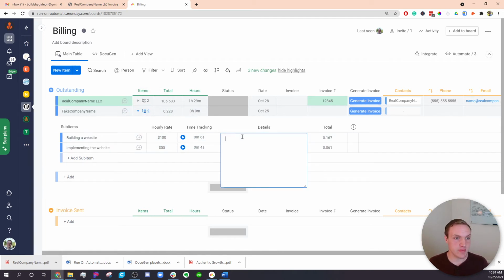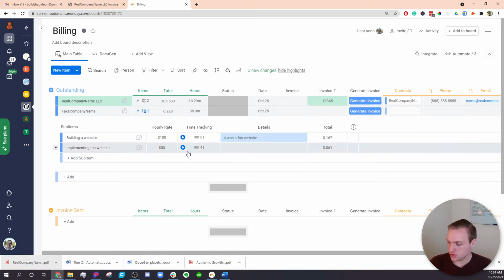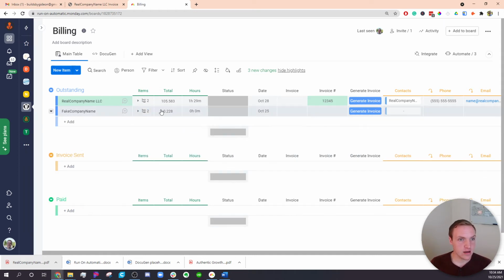And you can add details about how you built the websites. It was a fun website. Whatever details you want, you can add that in there. So it'll show you the total for the company that you're going to be charging, and it'll tell you the total amount of hours. Since I didn't have any actual hours in there,